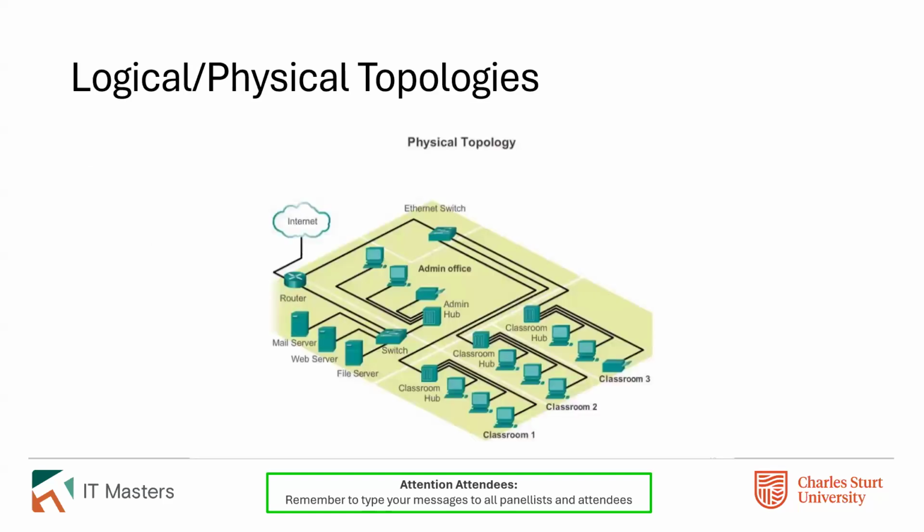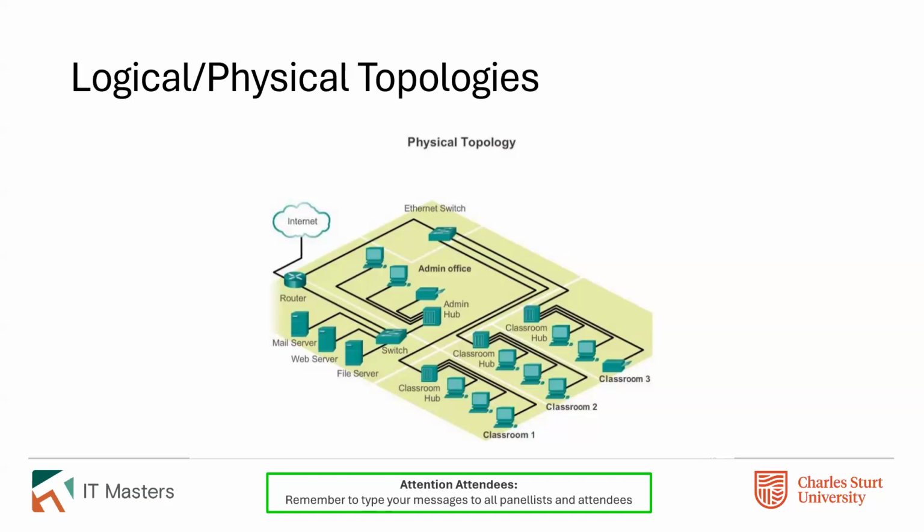Now, in terms of topologies, we'll talk about both physical and logical topologies. And in fact, I've touched on this a little bit already by inferring that you might not have a hub site in the middle of Australia in Alice Springs. You're more likely to have it in a place like Sydney or Melbourne or Brisbane, which is clearly not in the middle of the country. And clearly you don't have a physical topology that looks just like a bicycle wheel, unless it's a bicycle wheel that's been through a fairly significant accident, I suppose.